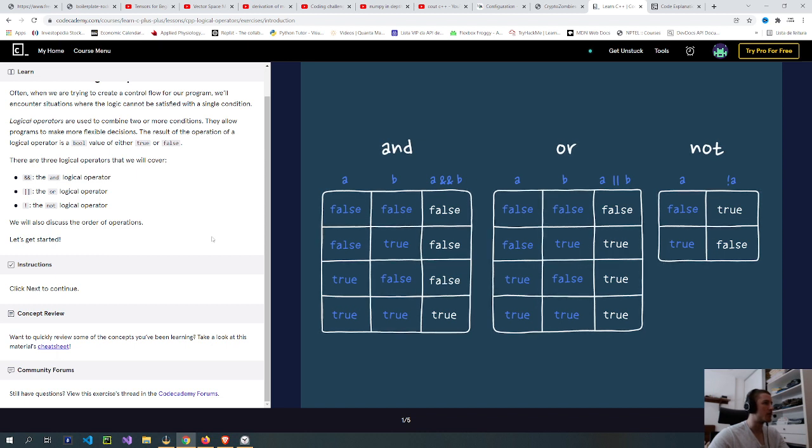The result of the operation of a logical operator is a bool value of either true or false. There are three logical operators that we'll cover: AND, the OR operator, so it's like Python. No, it's not like Python, it's like JavaScript. We'll also discuss the order of operations. Let's get started.